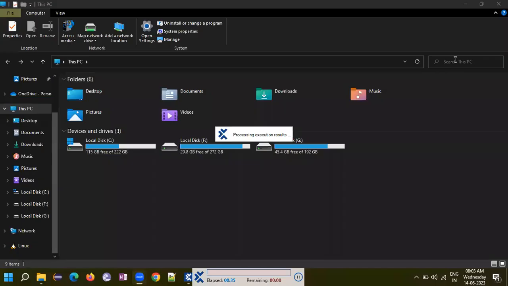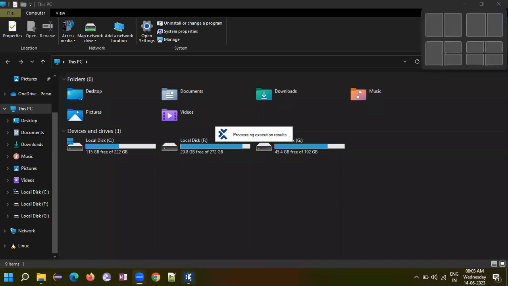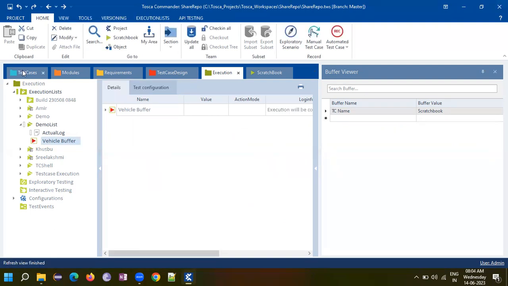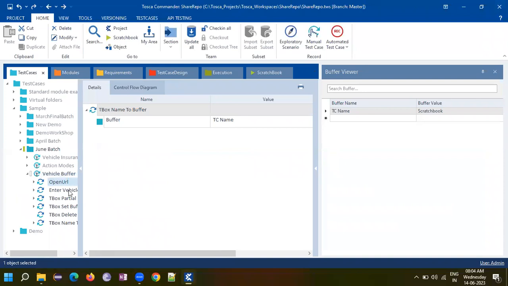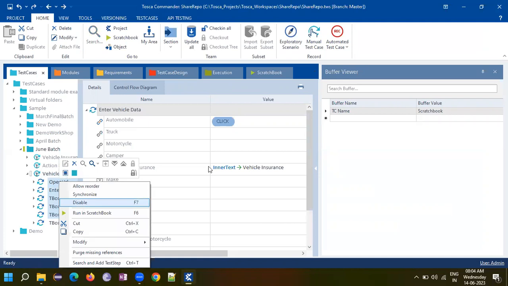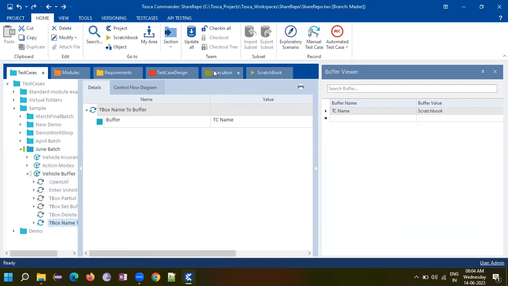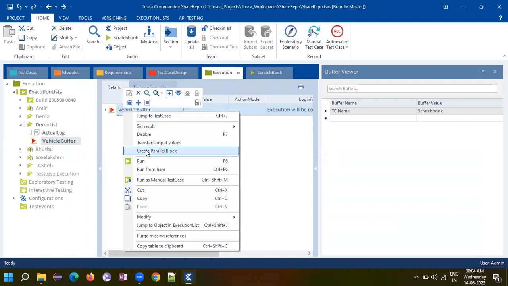Okay, let it be. So what I will do, instead of executing all the steps, I will just execute the tbox tc buffer. Okay, I'm going to disable the remaining steps and just execute the single value tbox name, and let's see if we are able to buffer the value or not. So if I'm going to execute this one,